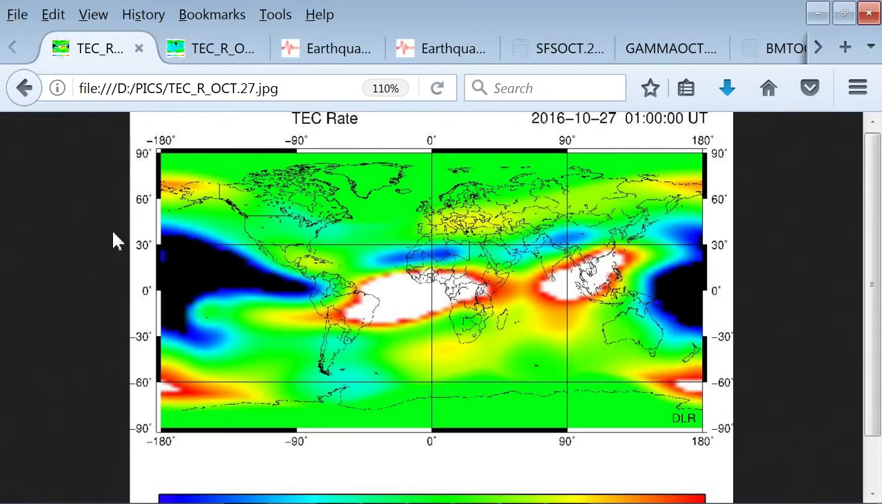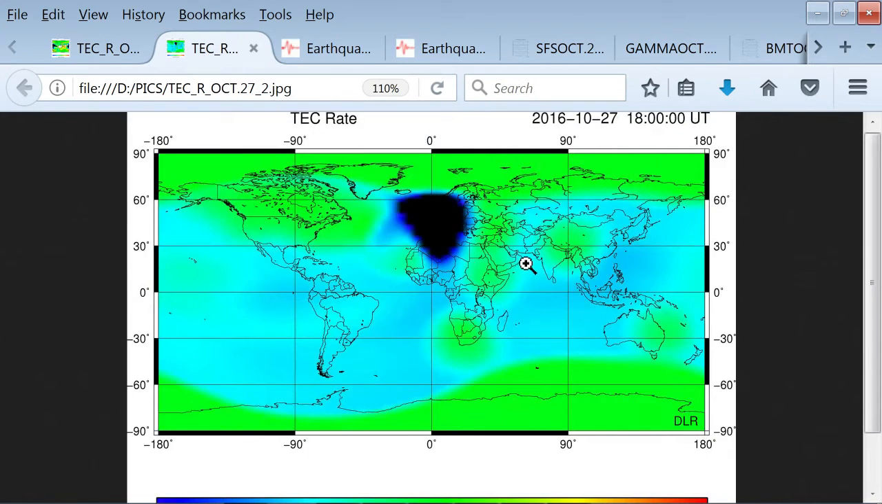And here are the TEC maps, aka ionospheric charging or capacitance maps, that I use for precursors. This is the usual charging interval at 0100 universal time on the 27th of October, which is a really intense one. But even more interesting than this, on the 27th again at 1800,